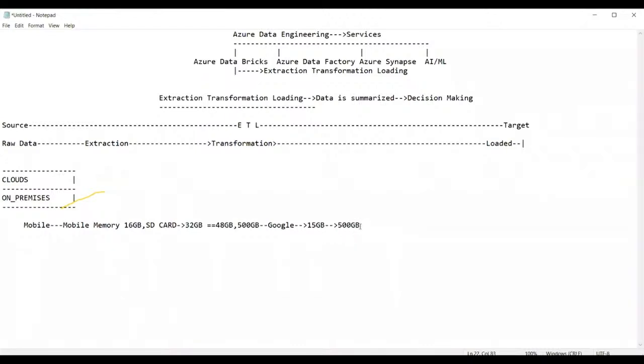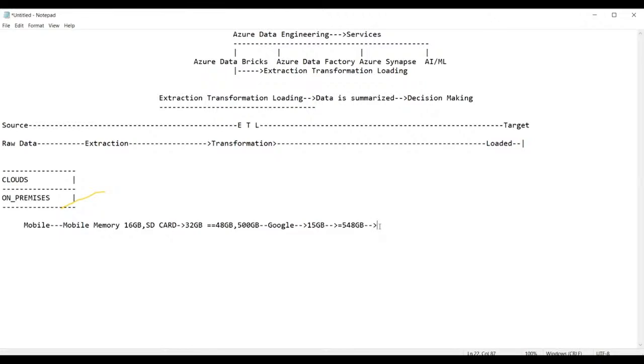Now, guys, I bought it. Everything is done. Totally, what amount of memory do I have? 548 GB, that means 48 GB in my mobile phone and 500 GB on my Google Drive. Now, one fine day, I lost my mobile phone, guys. That is my query. When I lose my mobile phone, I could not trace it. Now the question is that I have to buy a new mobile phone.